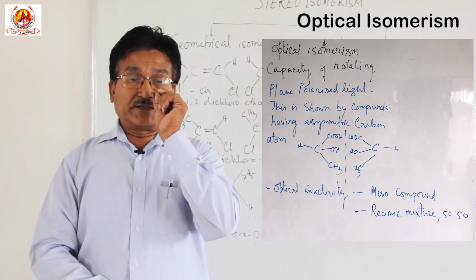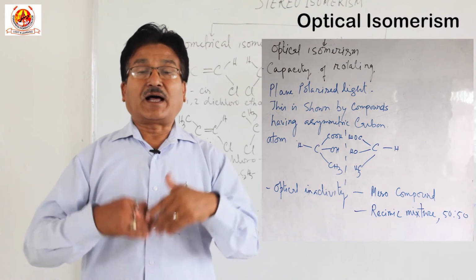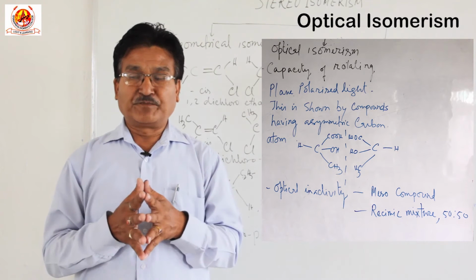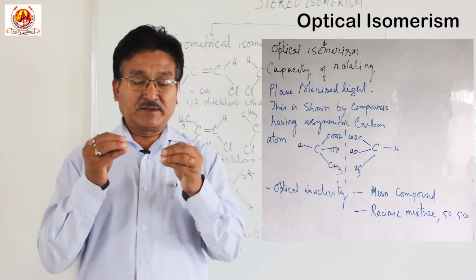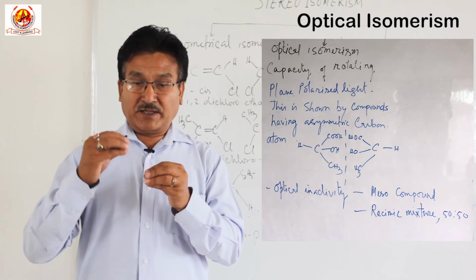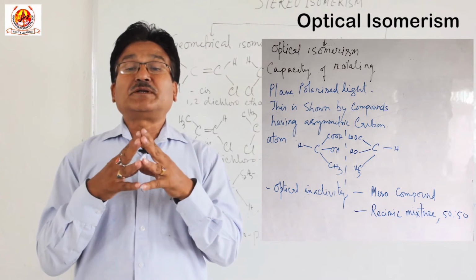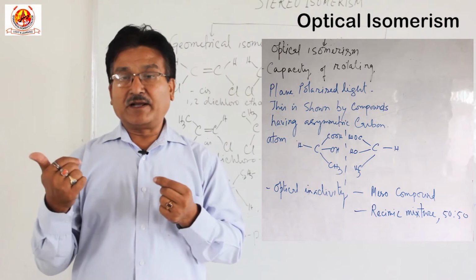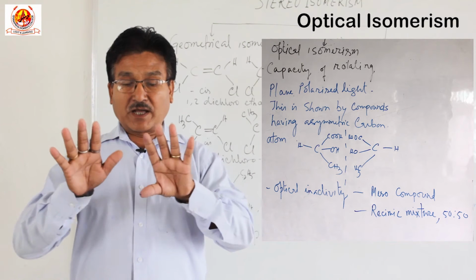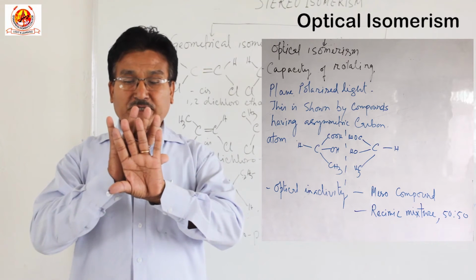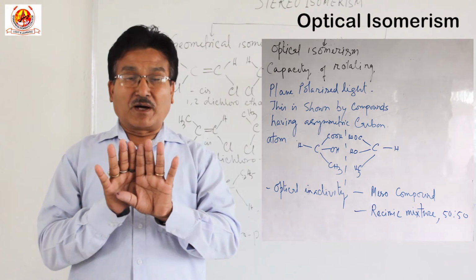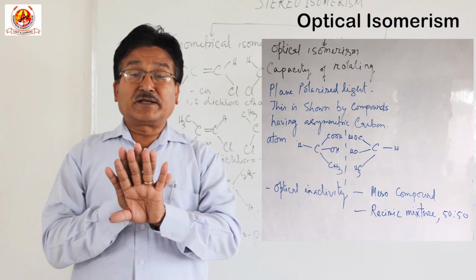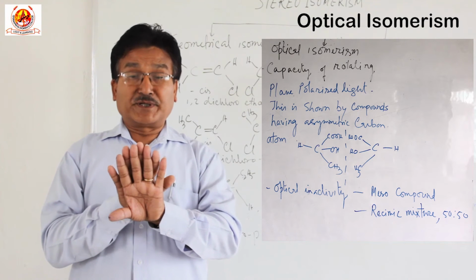These are optically active. There are other optically inactive compounds or systems. In this case, one is the racemic mixture. This is a 50-50 mixture, D 50% and L 50%. Their rotations are quite opposite, and since they are mixed in the same amount, the rotation will be cancelled. This is called external compensation.